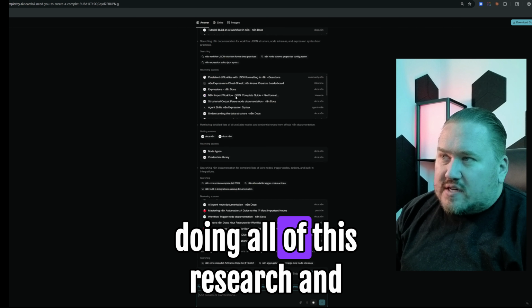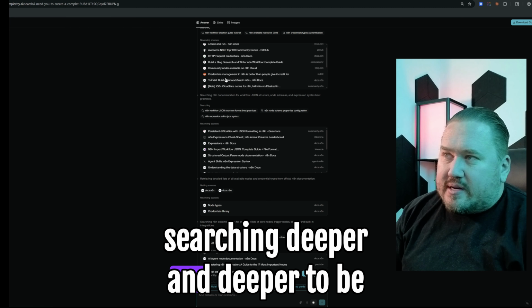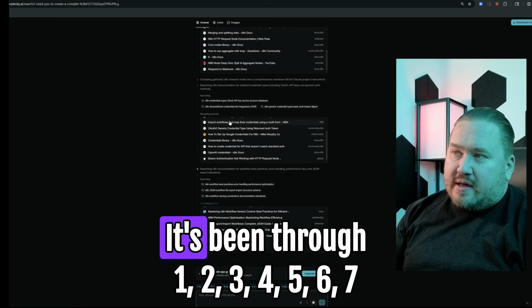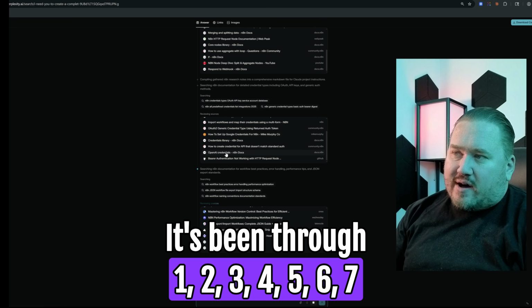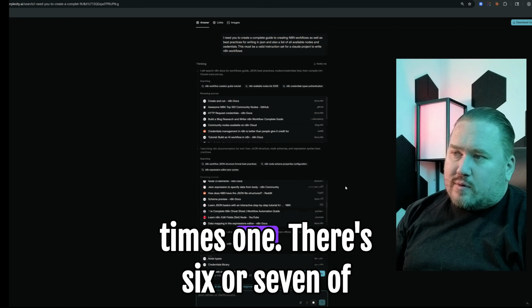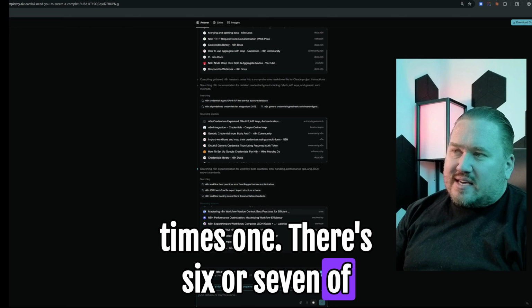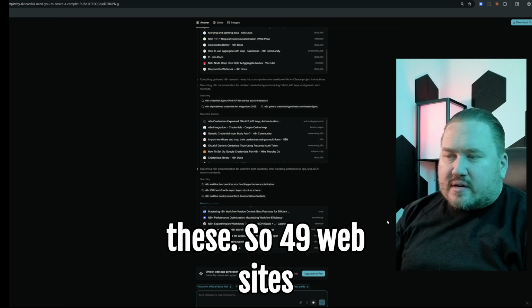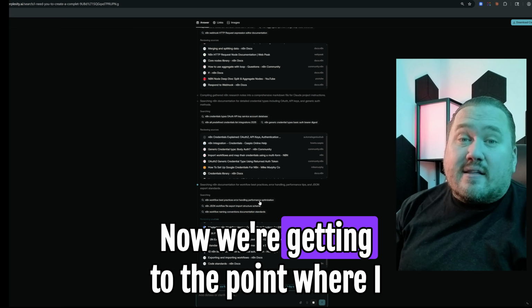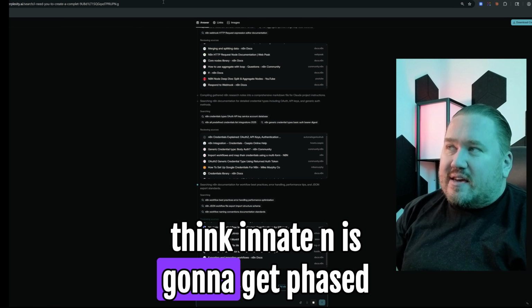It's doing all of this research and searching deeper and deeper to be able to produce what I'm requesting in these 3 lines, these 2 sentences, right? I have 2 sentences here, and we have now sent this thing on a mission. It's been through 6 or 7 of these. So 49 websites. Now we're getting to the point where I think N8N is going to get phased out, because